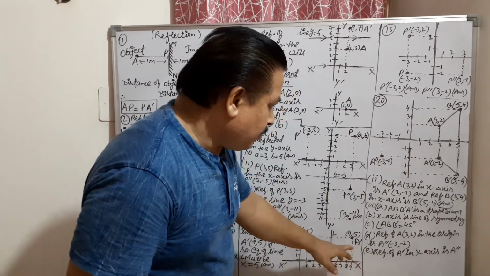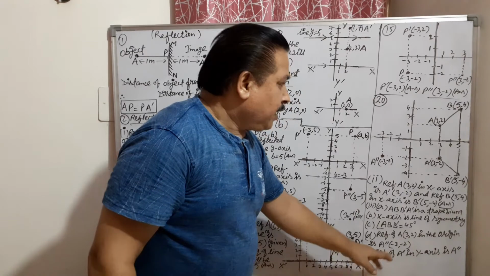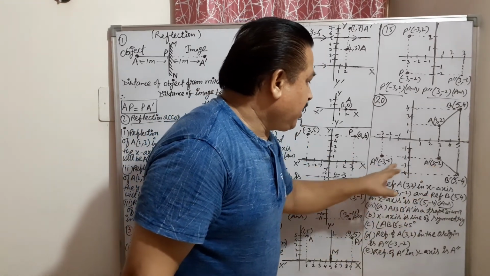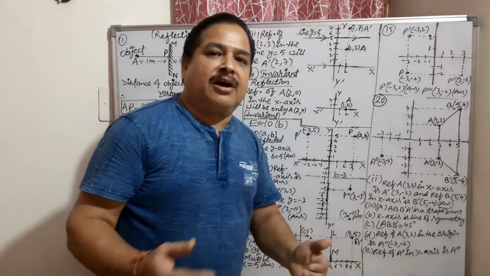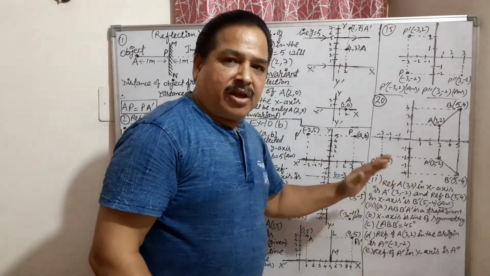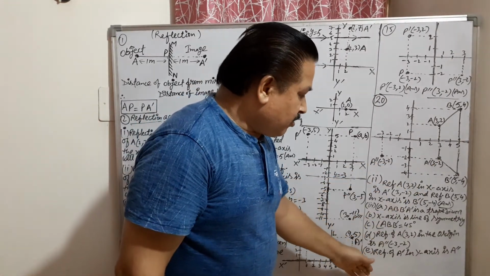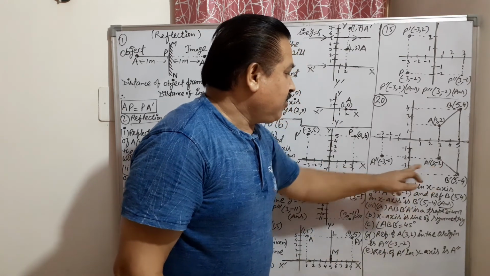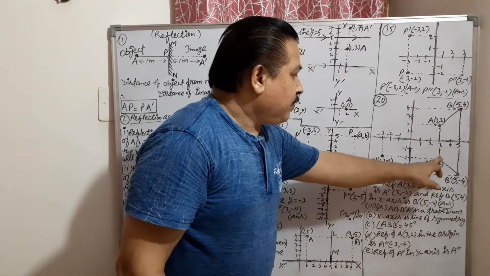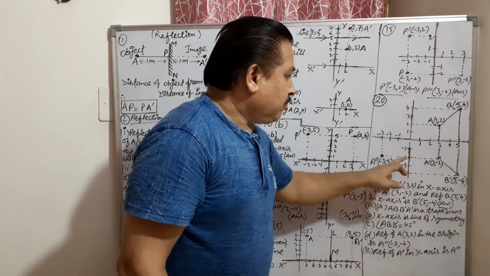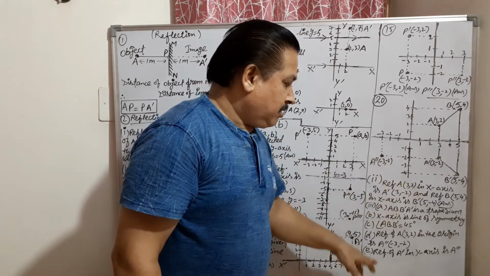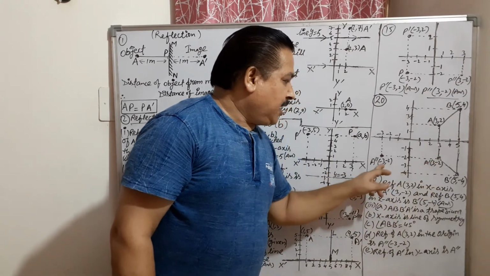Now see the last point. The last point is to tell the relation between A dash and A double dash. They are asking for a single transformation from A dash to A double dash. So what does single transformation mean? You have to tell the relation between A dash and A double dash. So what is the answer? Reflection of A dash in the y-axis will be A double dash. So reflection of A dash in the y-axis. This is the relation between A dash and A double dash.